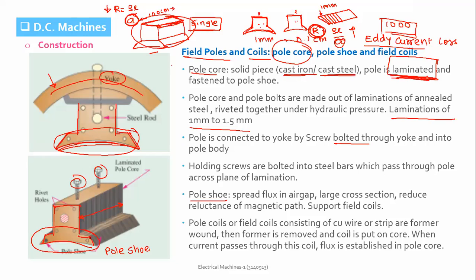Why is the pole shoe designed like this? What is the function of this entire system? It is to generate the magnetic field. This magnetic field will pass and link with the rotor, crossing the air gap. So there is an air gap between stator and rotor in the machine. Now we know if the air gap is large, the reluctance will be more, and if the reluctance is more, the flux that will pass from the stator to the rotor will be less.